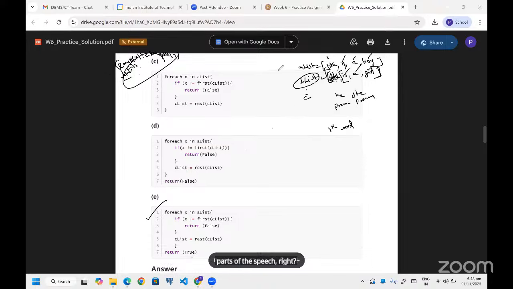Exactly. So what it is doing in the first list, if x is not equal to first of C list, here the first of C list will be she, and here initially it will be he. Return false. So what will it do? It will return false.